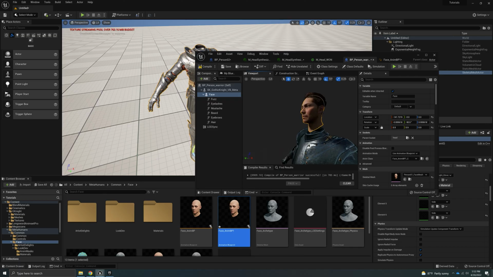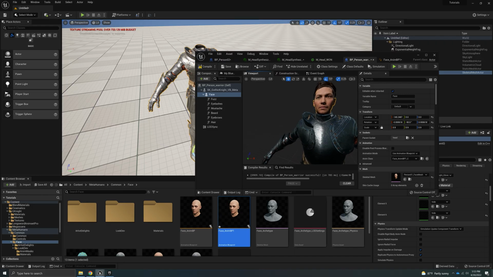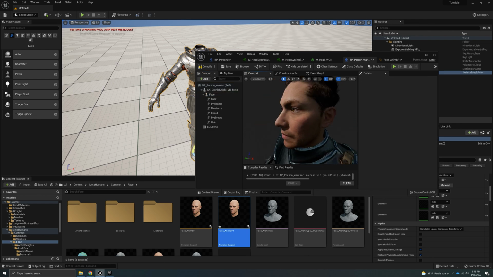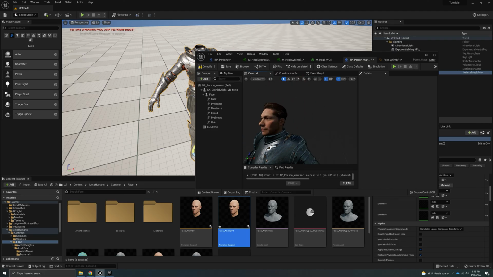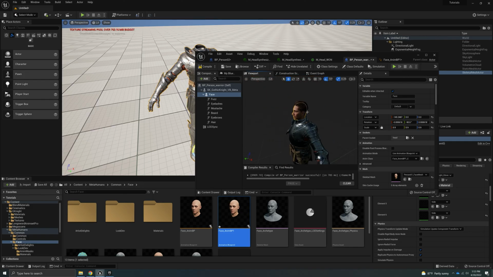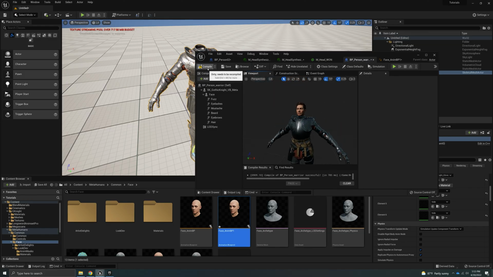Now what I want to do in this case, because there's a little bit of neck armor here, you want to make sure you take this into account, otherwise your neck is going to be too long. So I'm just going to put it all the way down here. I'm just assuming that his actual body is way behind this armor and there's clothes underneath, just to make him look like he belongs. And I think we should bring his head just a tad backwards, or not. Nah, I think it's good where it is. I'm just gonna leave it in that place. Once you are done with that, you can compile,